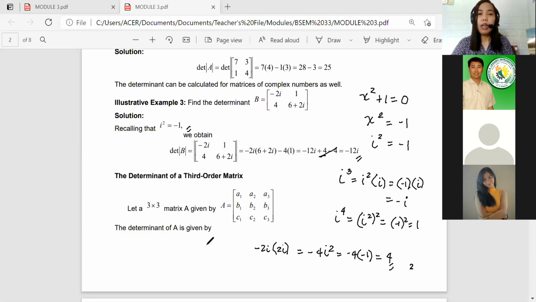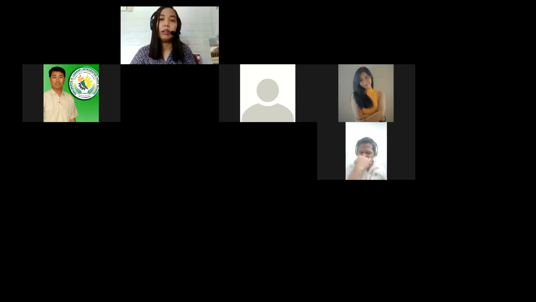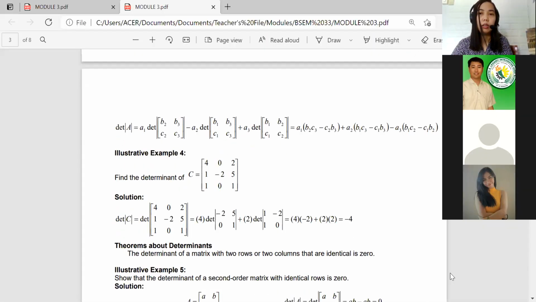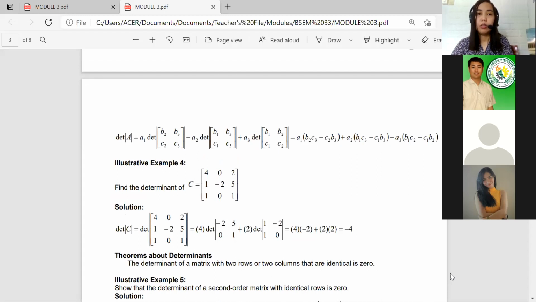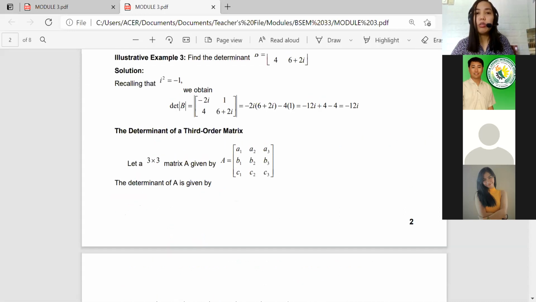The determinant of A is given by the following. When we get the determinant of a third order or 3 by 3 matrix, class, this is one of the methods that you can use. You can choose any